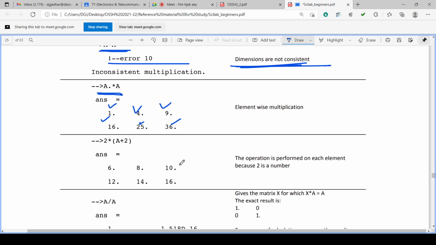Similarly, we can have the operation on each element like this, 2 into A. But before that, each element is added with 2. So 1 is added with 2, that becomes 3, into 2 is 6.